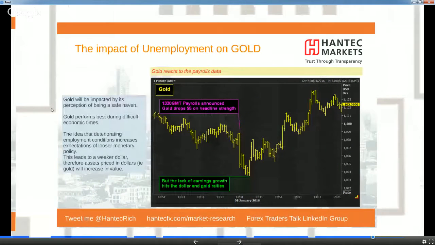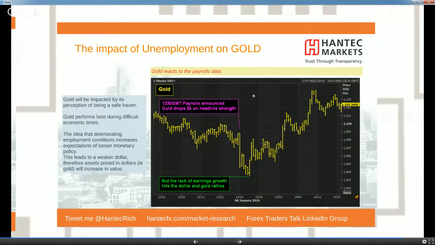And finally, onto gold. Again, looking at the January report, and once more we saw the initial reaction to the downside on gold as the dollar strengthened on the back of those 292,000 payrolls. But again, the lack of earnings hitting through. Again, as with the FTSE, 1, 2, 3, 4, 5, about 6 minutes of downside before the market turned around. So once again, all these markets do tend to move in lockstep on these economic indicators, and certainly on non-farm payrolls on Friday, you'll notice that that is the case again.